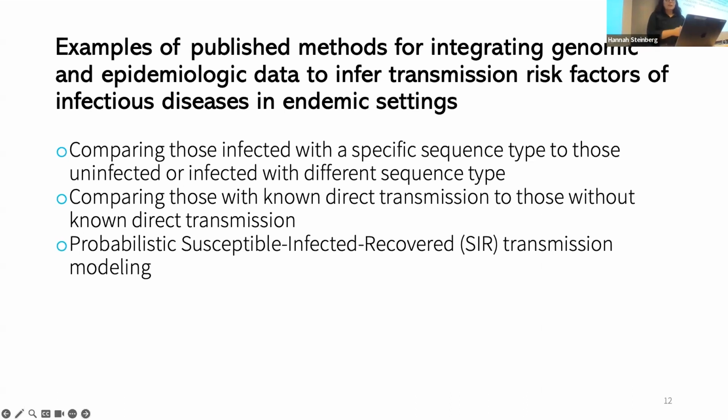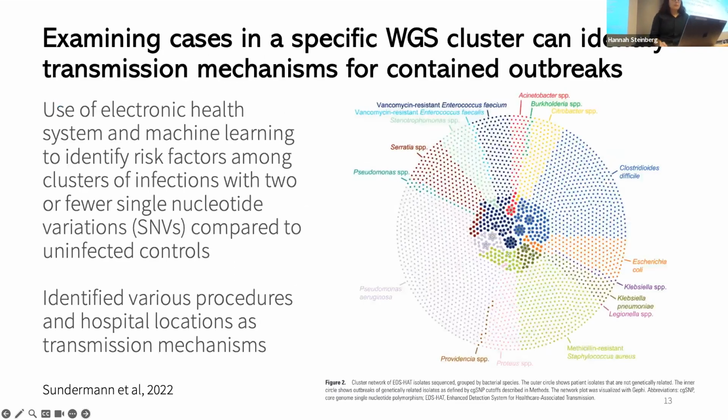And also you can integrate whole genome sequencing into these compartmental, probabilistic, susceptible, infected, recovered transmission models, which are common in disease modeling. And then finally, you can use pairwise regression models. So here's an example of a study that compared those who were infected with certain sequence types to those who